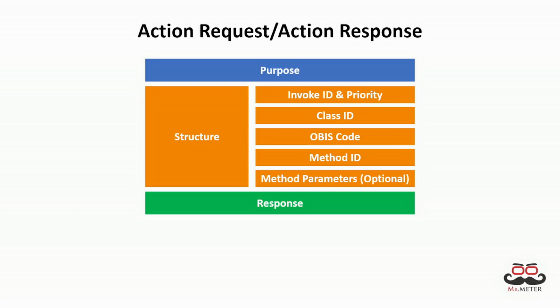But you have to provide it with a method ID. For example, as we said earlier, if in the clock you want to set the clock to the nearest or closest quarter, you have to call, for example, method number 2 or 1. And this calls a function inside the meter and sets the clock to the closest quarter